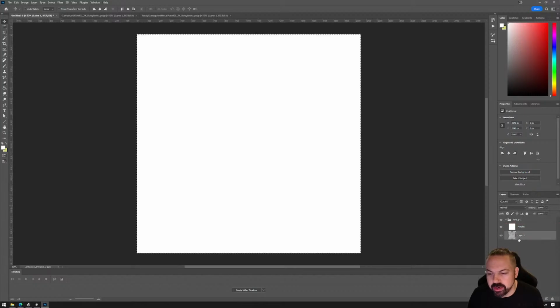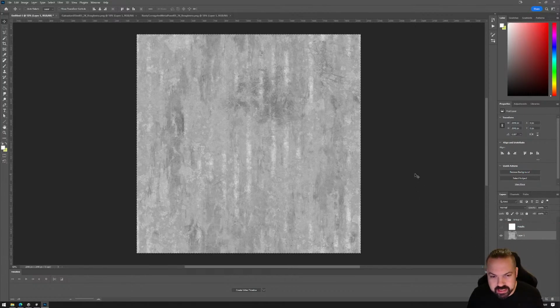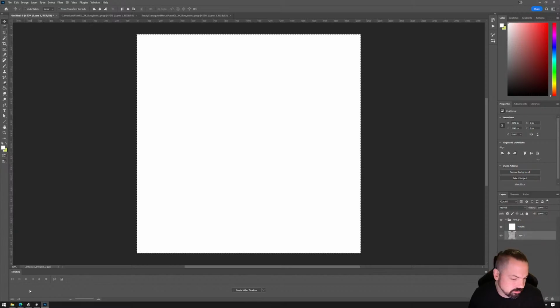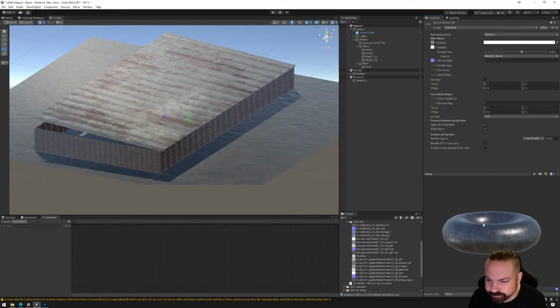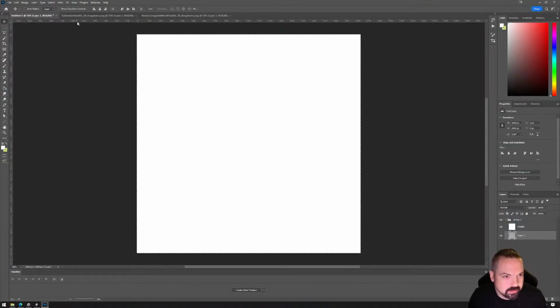Now the way to do that is just select that, Control A, Control C, channels with your added alpha, Control V paste, and then it's done. Show that, and then that's how you do it. So annoying for sure, but does the job. So let's do that again properly